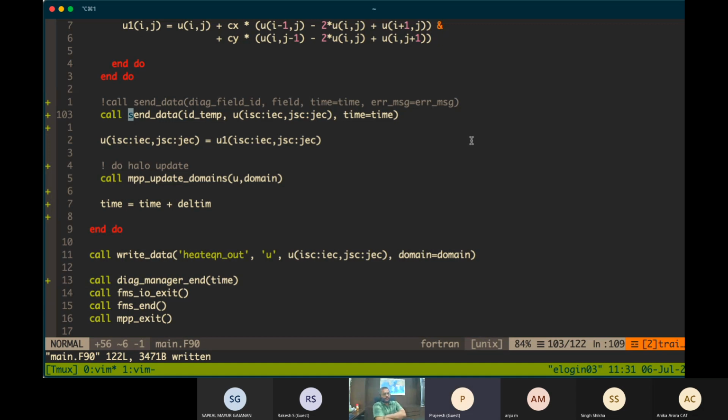Let's say you are asking for daily data, when the time reaches that time, it will write the data. And if you want a new file, it will check at what frequency you want the new files to generate. That also is done by SendData. So SendData does all such things.